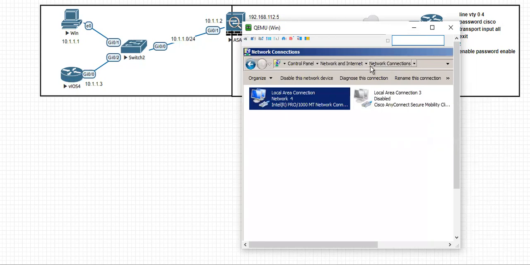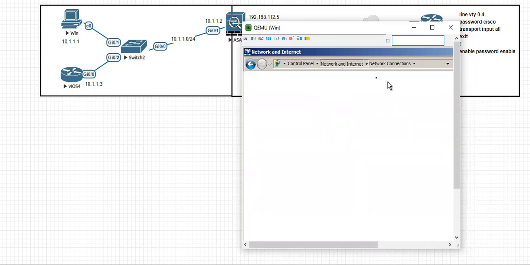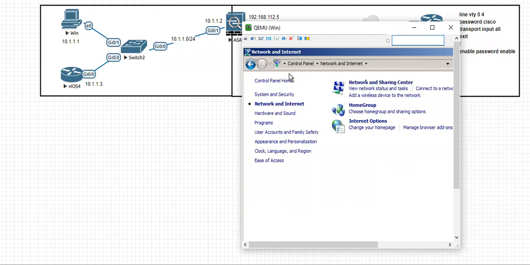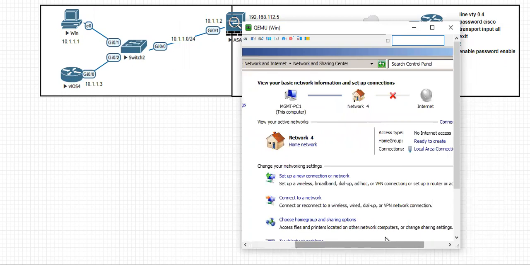If you go to network connections, network and internet, and network and sharing center, you're seeing that though this is connected to our router, we don't have access to the internet. So our task is to make sure that you get access to the internet with the help of dynamic PAT. Okay, and let's move to the router,